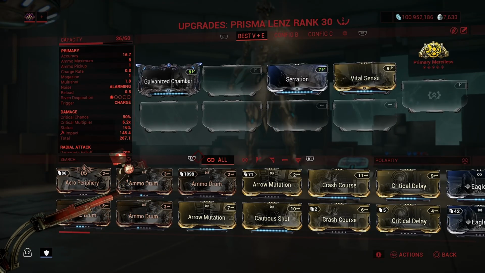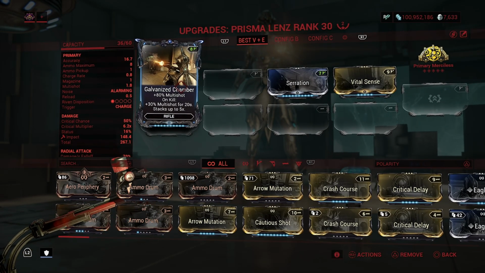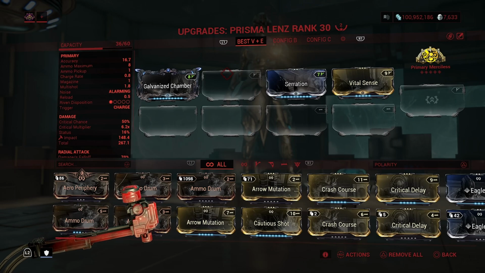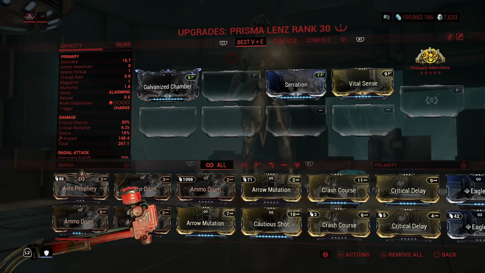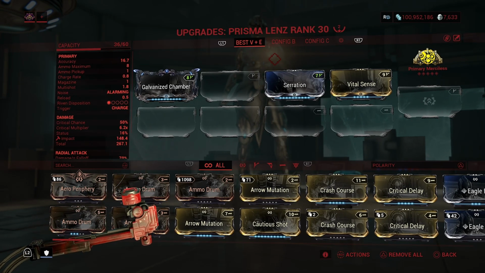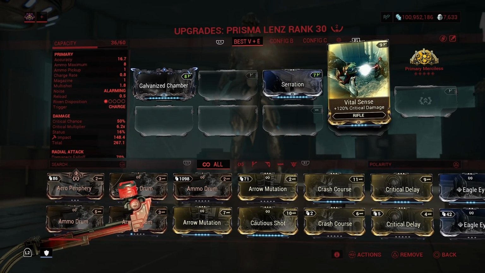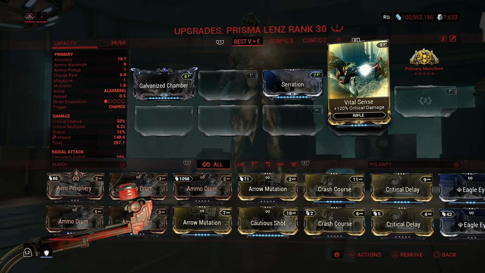We're going to use Galvanized Chamber, 80% multi-shot on kill, 30% multi-shot for 20 seconds, stacks up to 5 times. So that's a really good mod we're going to be using. Galvanized Aptitude is not going to work since this is a radial attack weapon. So explosive damage will not have any effect when you use the Aptitude mod. We have Serration, 165% damage, Vital Sense, 120% critical damage, and that's just the 3 mods that are on this